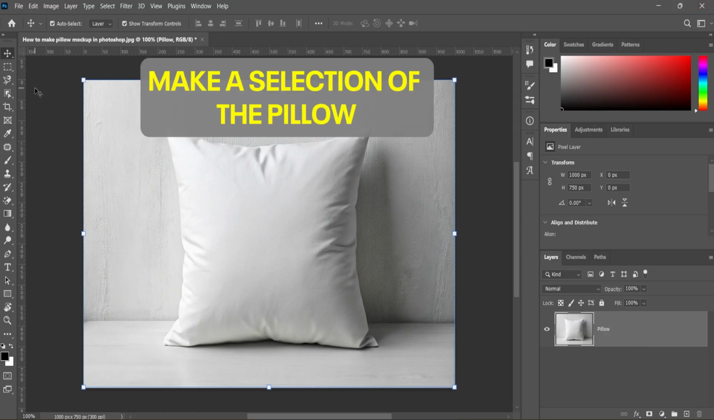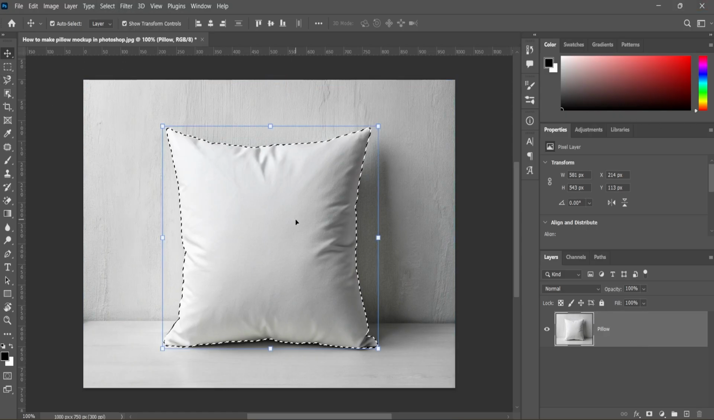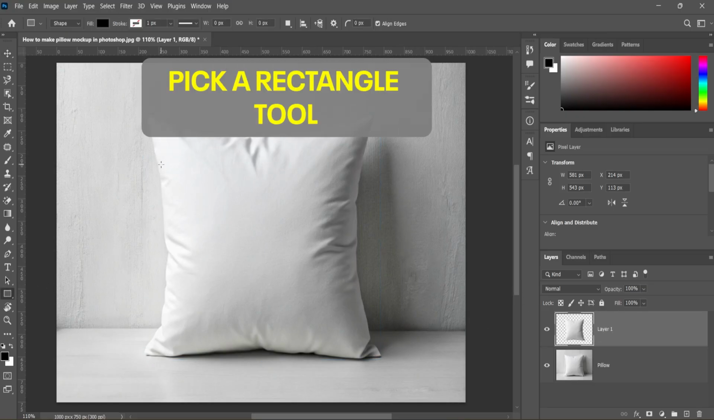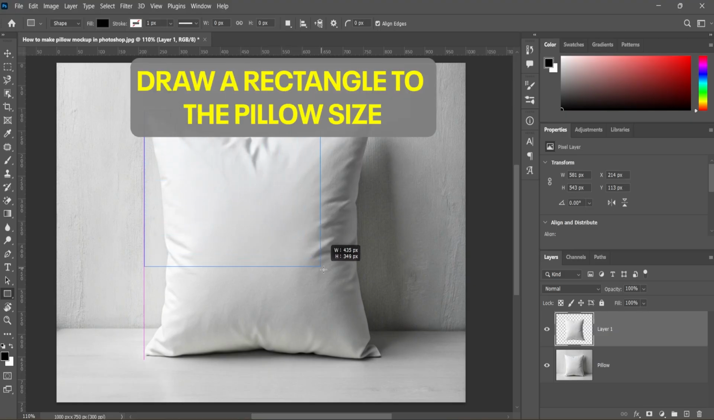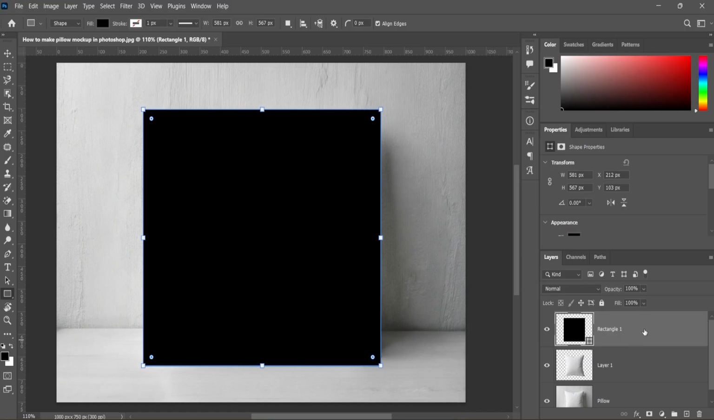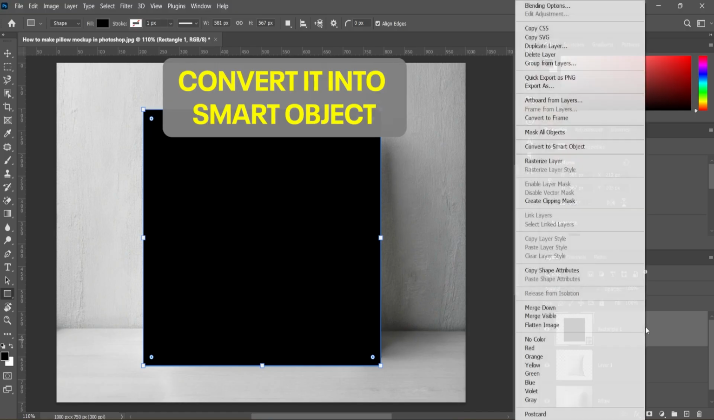First, make a selection of the pillow. After making a perfect selection, press Ctrl J to duplicate the layer. And now pick a rectangle tool and draw a rectangle to the pillow size and hit OK. And convert it into a smart object